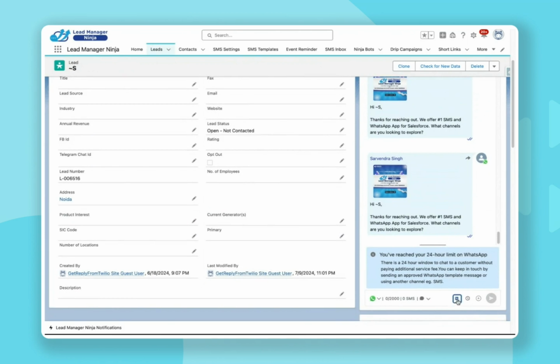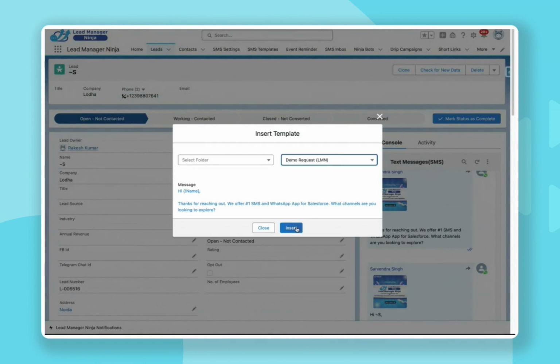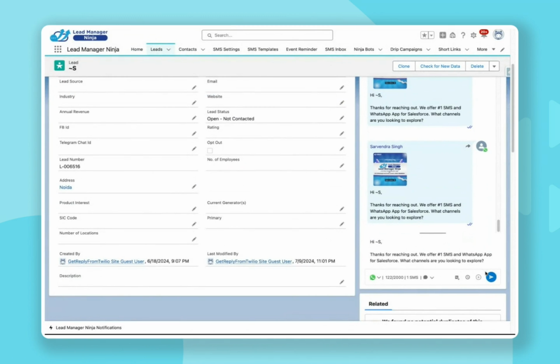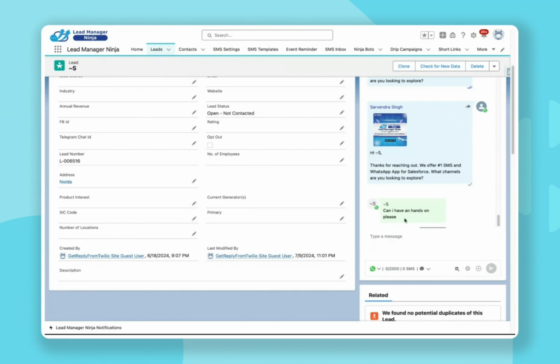For sending a WhatsApp message, you will need a template to be created and approved. You can create your templates on your website. Insert a template and click on Send. The message will be delivered to the customer. Once the customer replies, the chat window will reappear, and you can now send and receive some custom messages with